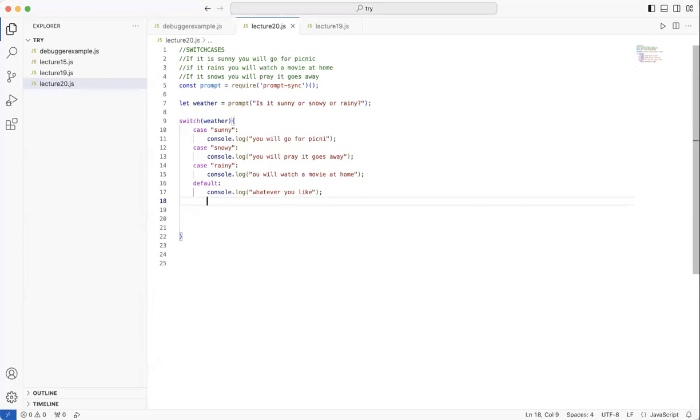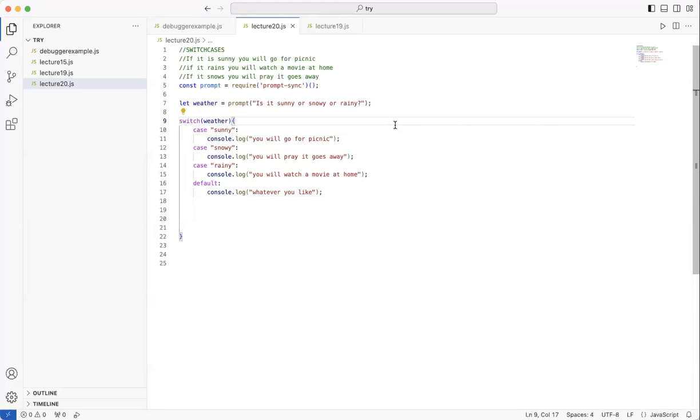So for now, after this, what do we do? Now, what you guys have to understand is that each and every one of these cases are individual blocks. Spelling mistake. Looks like I can't spell.